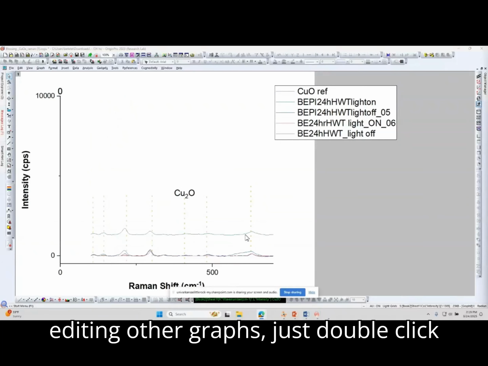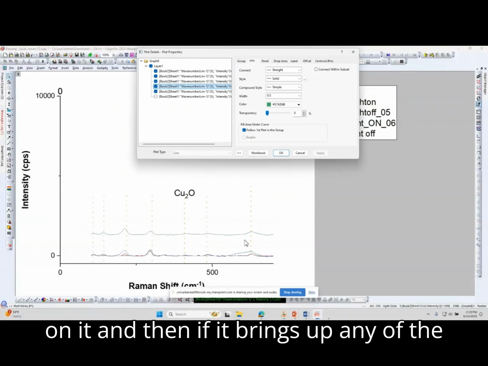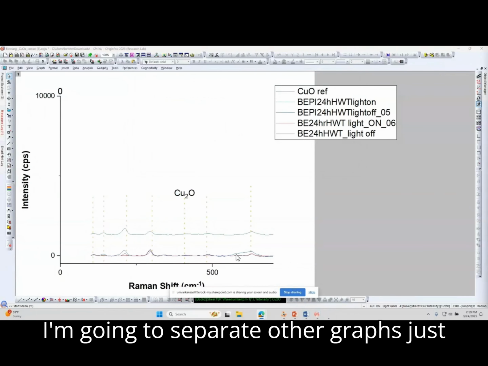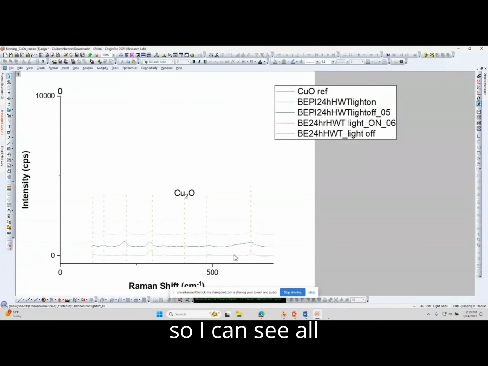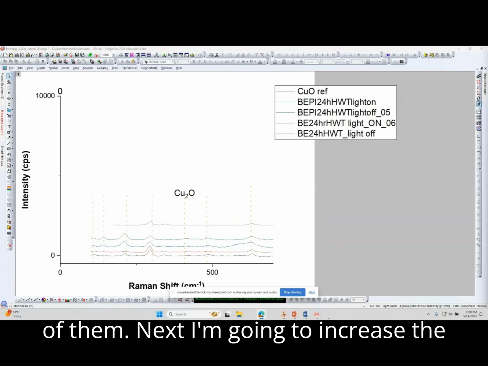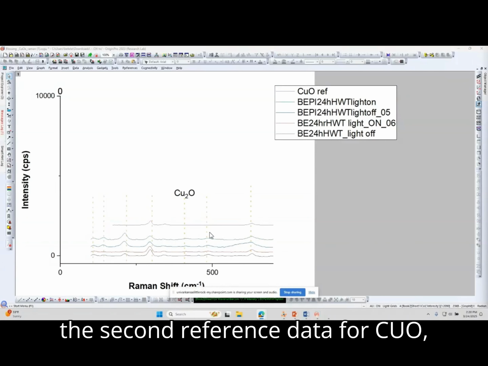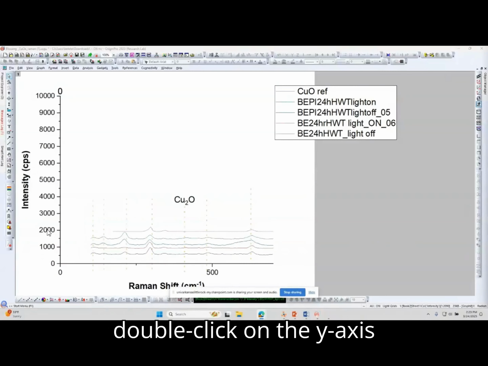To continue editing other graphs, just double click on it, and if it brings up any of the workbook, click OK. Now I'm going to separate other graphs just so I can see all of them. Next, I'm going to increase the scale so I can edit the second reference data for CUO. Double click on the y-axis